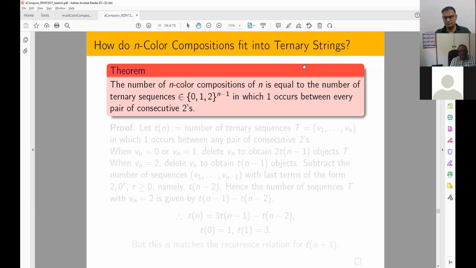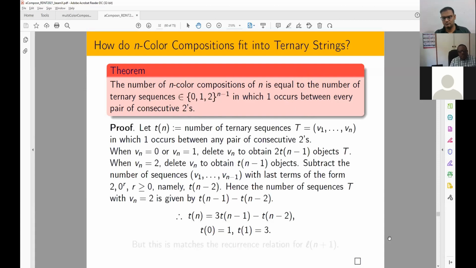But when you add a restriction that one always occurs between every pair of consecutive twos, then they become n-color compositions. And there is a combinatorial proof, where it is proved that the number of these ternary sequences with this property